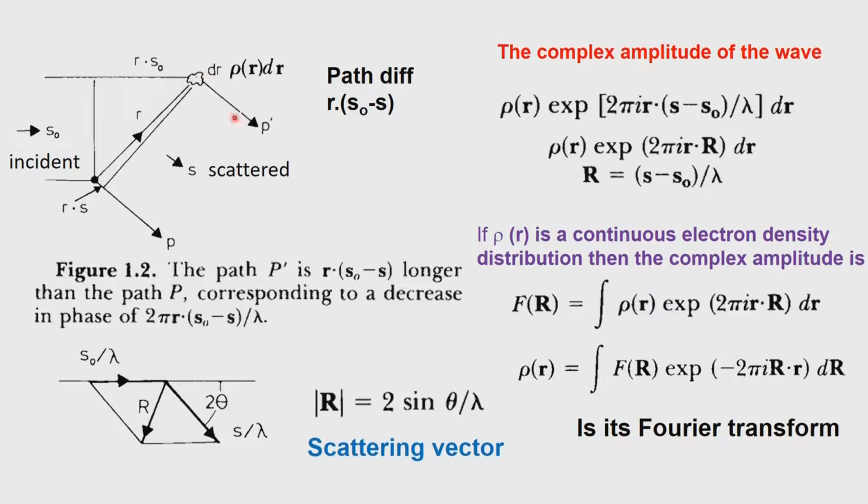So, we have to sort out the relationship between the scattering that comes from the planes and the electron density that is associated with the entire unit cell. The entire unit cell has atoms and molecules and so on, and it is the electron density associated with these atoms and molecules which causes this scattering. You have to have a physical presence of the electron density to scatter this wave.